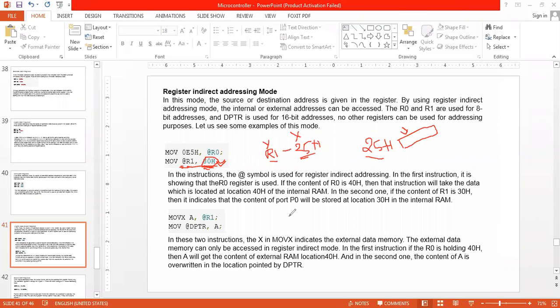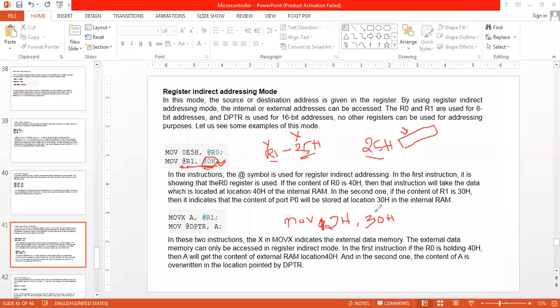Now say I want to write move 20H, okay, move say 0 to H, comma 30H. Now on both sides there is no hash, so what will happen? Instead of that I will make it as 12. Okay, so now what will happen?